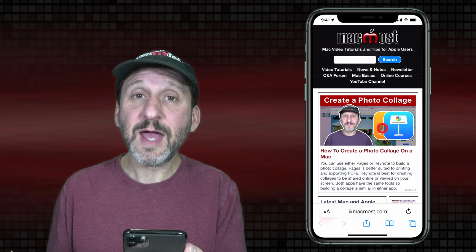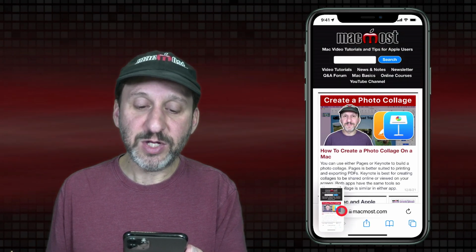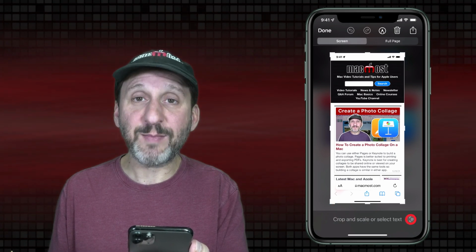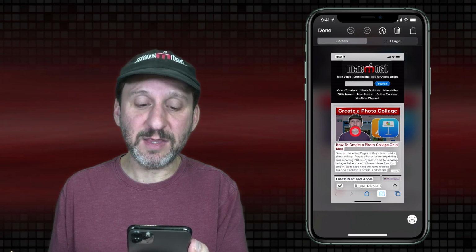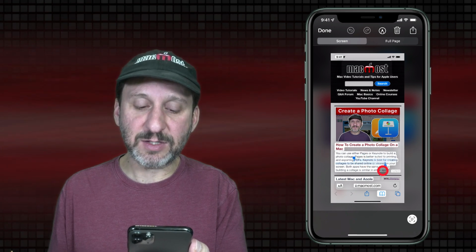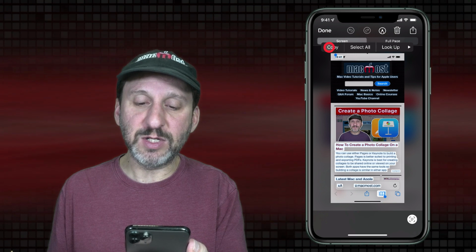screenshot. Now let's say you capture a web page like this. There are a variety of different things you can do when you've got text in the document. One is you can tap here at the bottom and then it will show you the text that it recognizes in there. And you can tap and hold in there and then select some of the text or select all. There are various different things you can do using these controls.